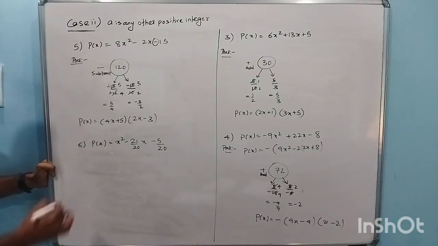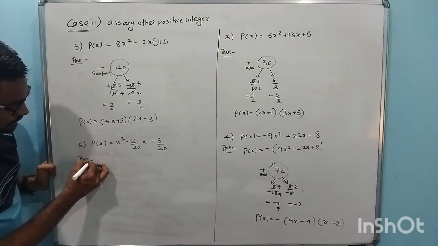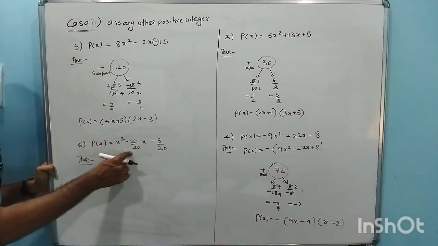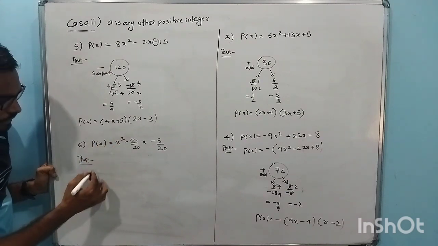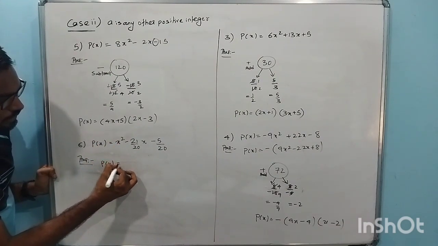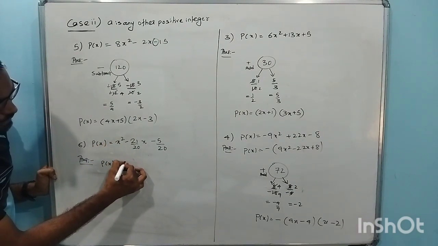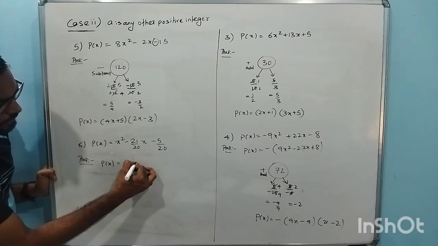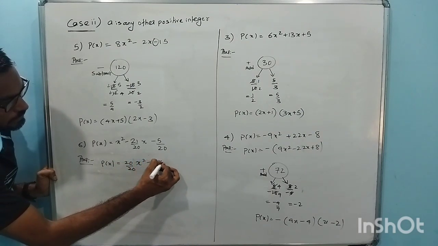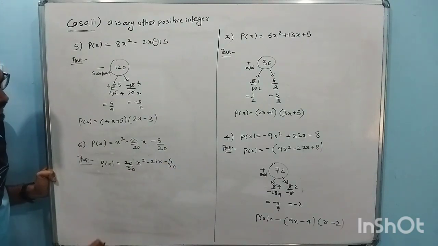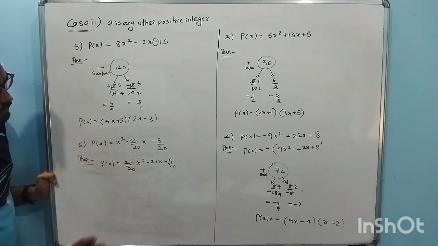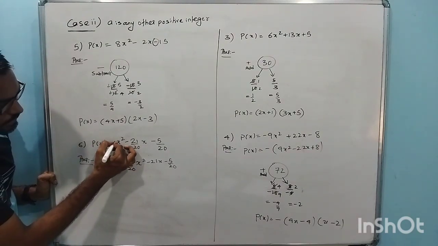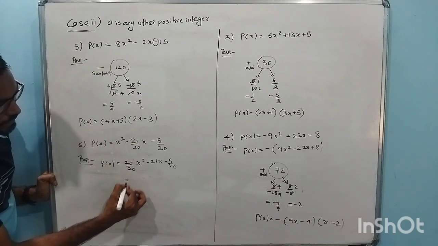So first thing, again here you have fractions, you don't have integers now, so we'll convert this into integers. So how do we do this? Just multiply and divide by 20 here, so you get 20 upon 20 x square minus 21x minus 5 upon 20. Okay, if it is 2 here, then multiply and divide by 10. So just see what I'll multiply and divide so that I get 20 in the denominator. That's it. Okay, so since there is nothing here, I'll multiply and divide by 20.